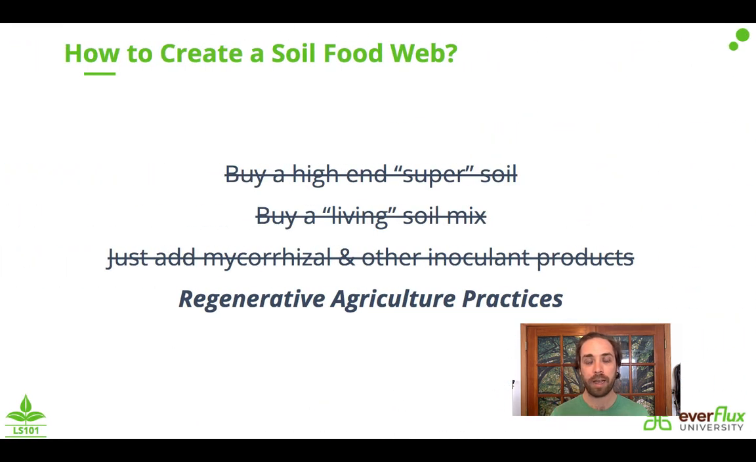So, how do we create this soil food web? How do we encourage all these organisms to grow and thrive and work together in our soil? Well, as you probably guessed, it's not from buying a high-end, quote, super soil. Super soils typically are packed with lots of